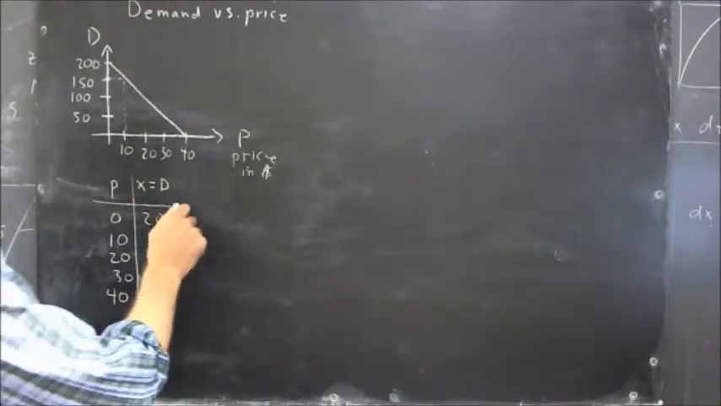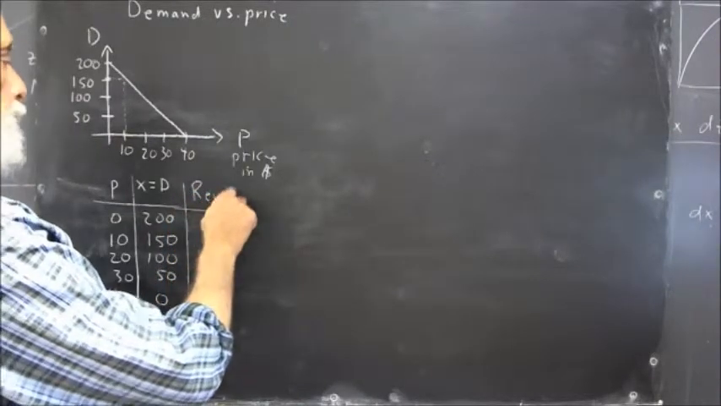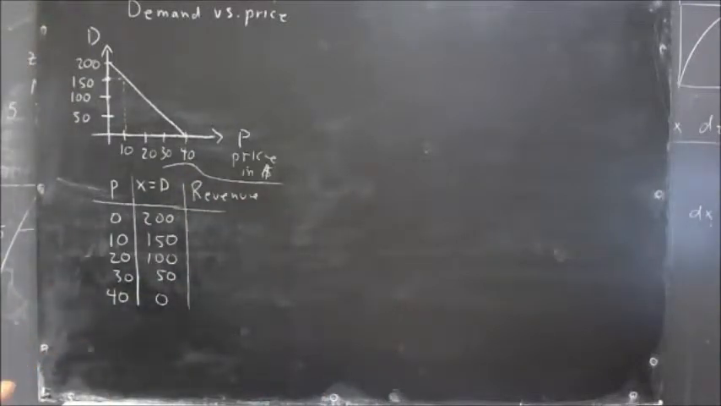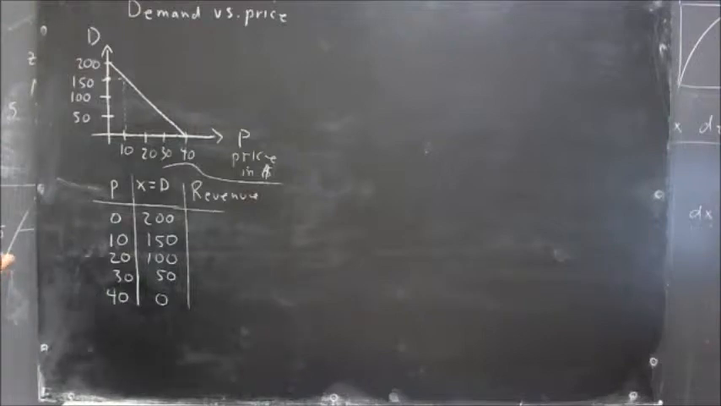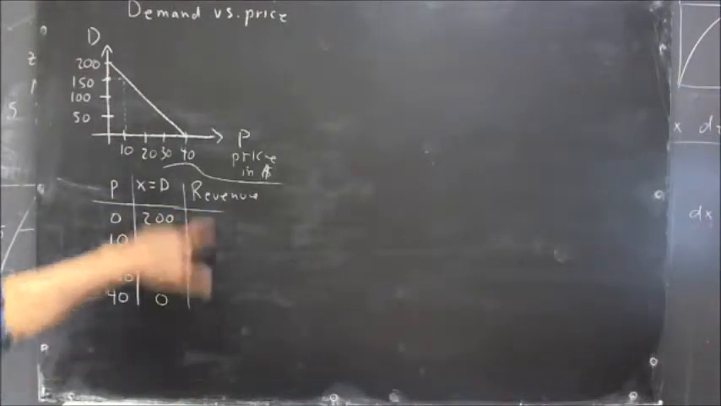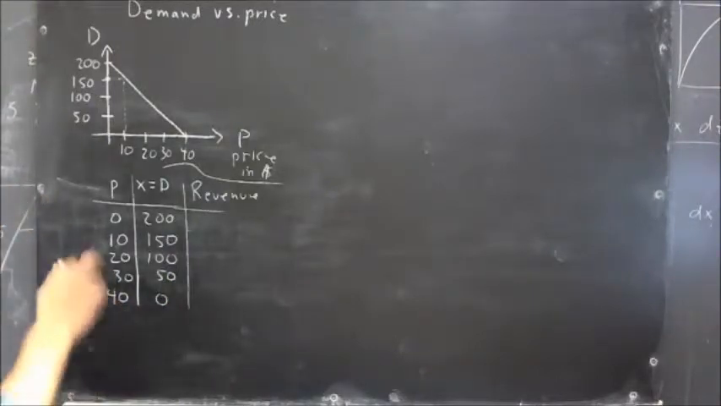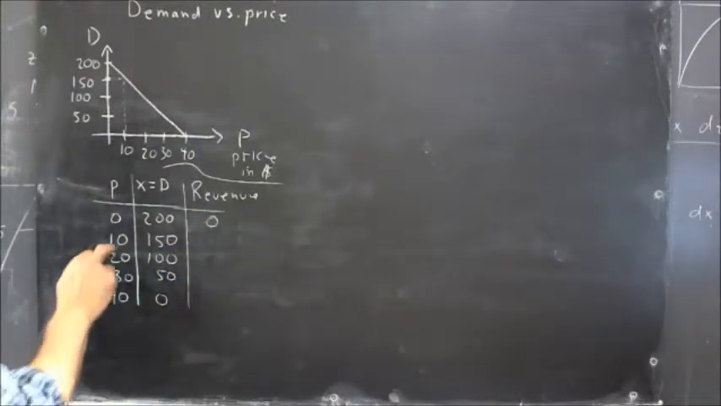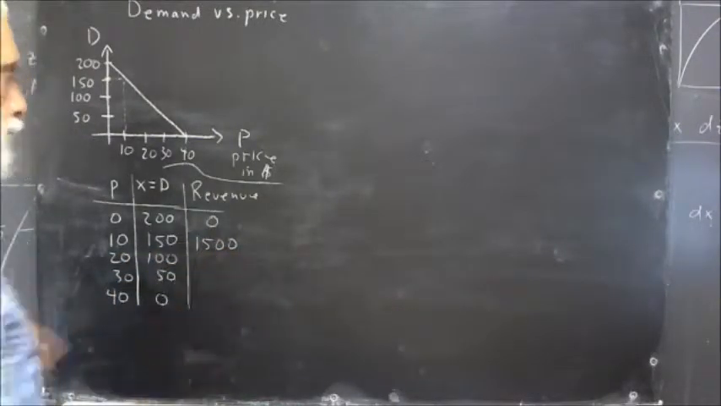Now, what I want to do is figure out the revenue. The revenue is how much money we get. So if we sell 150 items at $10 apiece, how much money do we get? See if you can fill out the revenue column before I do it. Now, you should have paused and done that, but I'm going to do it for you. If we sell 0 items at $200, we're not going to make any money at all. If we sell 150 items at $10, we're going to take in